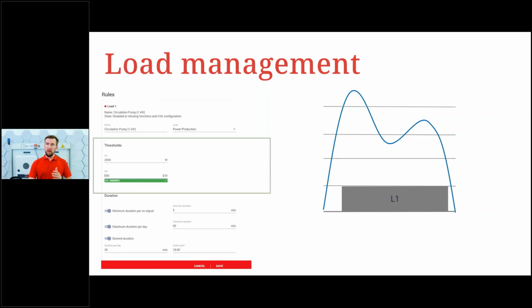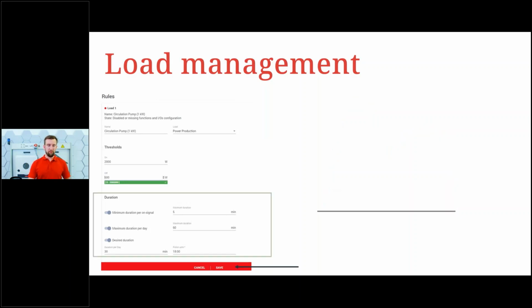We then also have additional settings that we can make. We can look at the duration. Now, under duration, we have a maximum duration per on signal. We have a maximum duration per day and a desired duration. Now, that is a desired minimum duration per day. The minimum duration per on signal, the first point here,